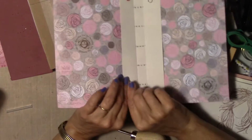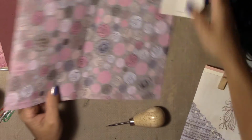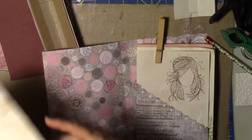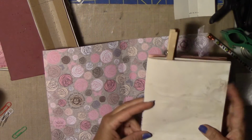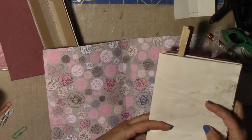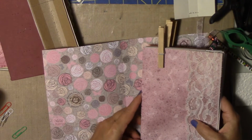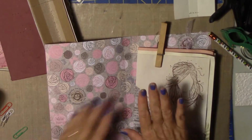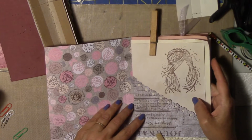So I'm going to take this off, save my paper clips for the next cardstock piece that I'm going to do. And I'm going to lay these three I'm just going to line one side up. It's not super easy, and I could have done this before I did all that, but I already did it, so I don't want to undo them. Yeah, it's just not going to work this time. Normally, I put the three of them together, and I mark on it where the holes are going to be,